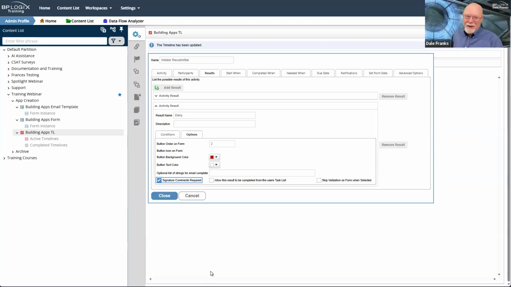In any event, this is where I control whether my signature comments field is required or not. It happens in the activity itself. Now, remember that signature comments control is going to display when the form opens. It doesn't know whether I am going to deny the result or whether I am going to update the result.